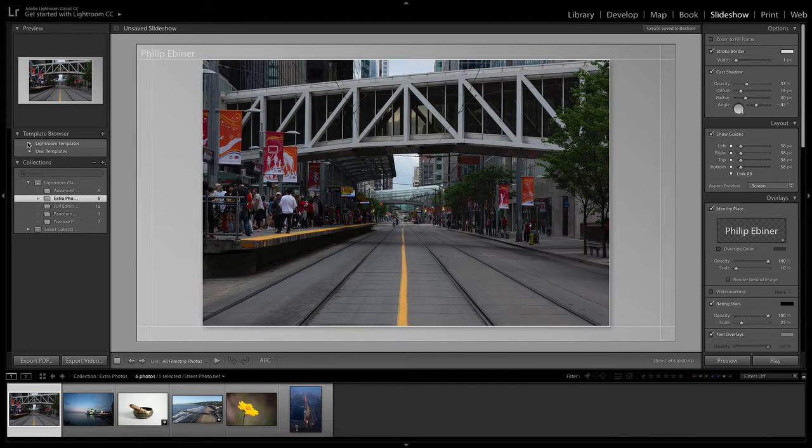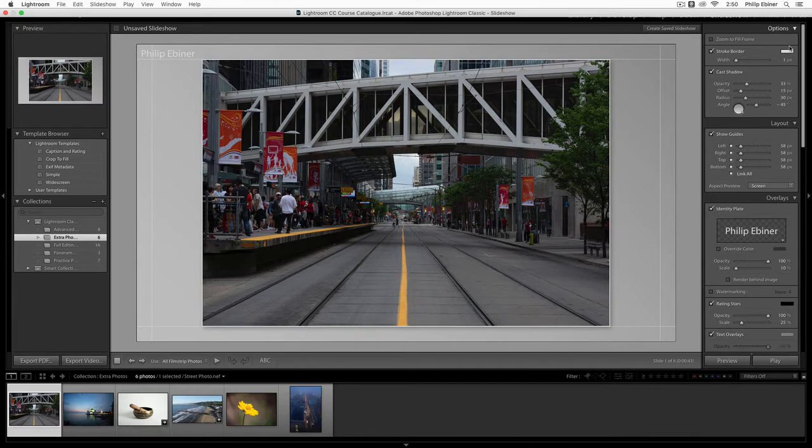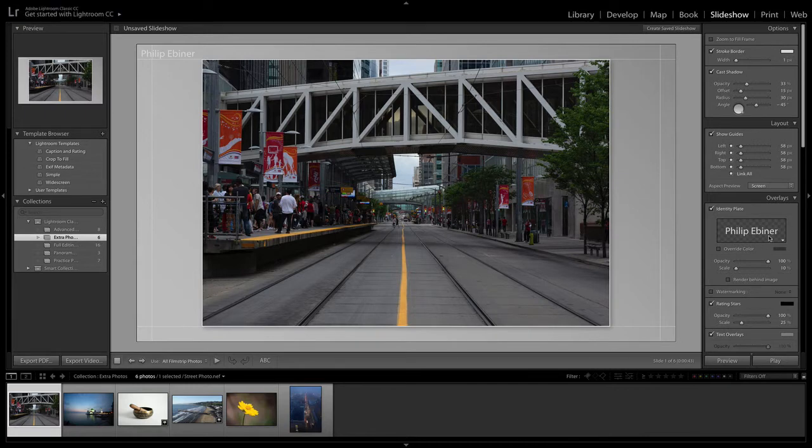So you have some templates over on the left-hand side that will create a different style of slideshow. You also have your custom sort of edits over on the right-hand side, which will adjust how this is laid out. You can also create your own template once you've edited the settings over here on the right-hand side.